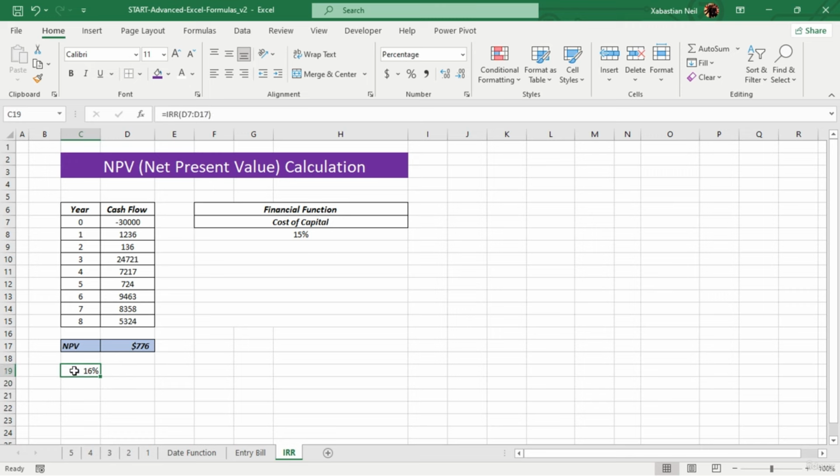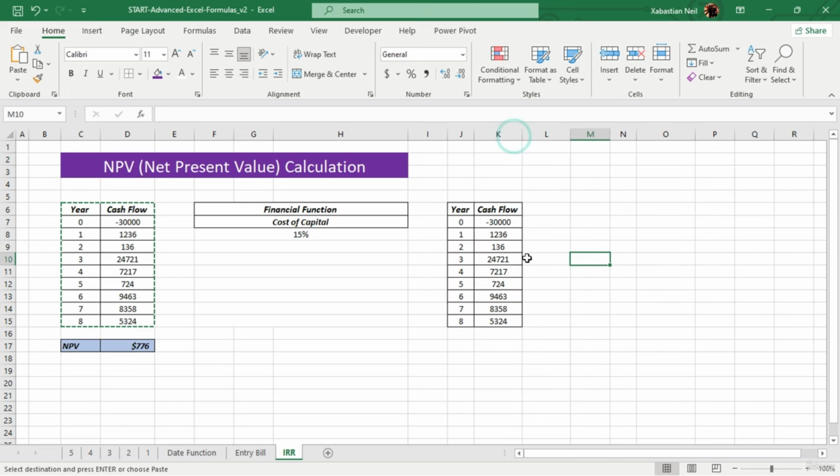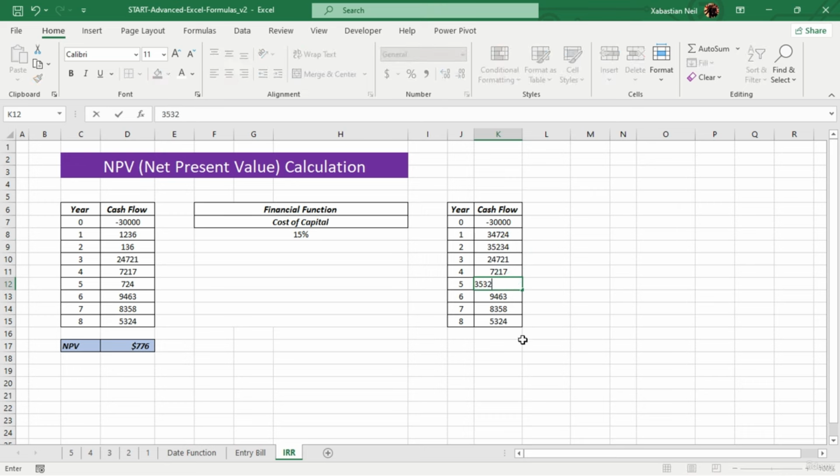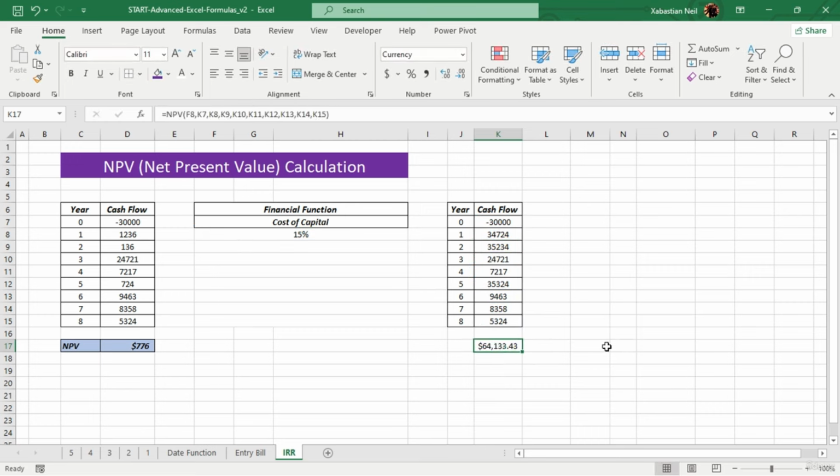Now what I'm going to show you is to make another table over here, Control C, and paste it right over here. Now I'm going to find out the NPV of this column and this range of data too, but I'm going to change the values. So now I'm using a lot more data, so obviously it's going to run on more profit this time. Equal NPV, I'm going to select the rate, which is going to be 15%, comma, and then select all of the values, comma, this one, this one, and this one. Close the parentheses and hit enter, and you can see that this time it's